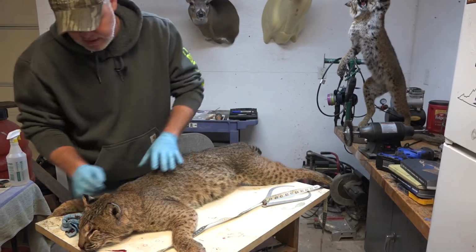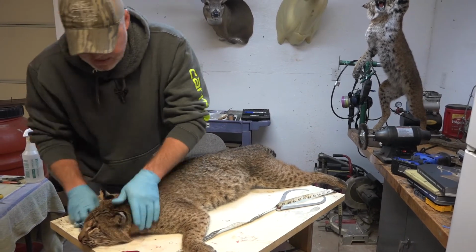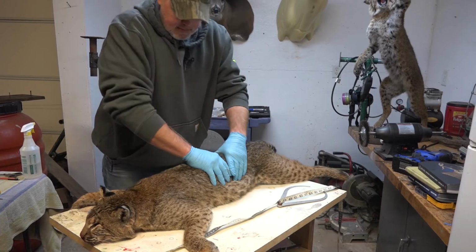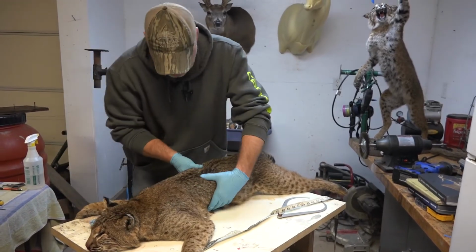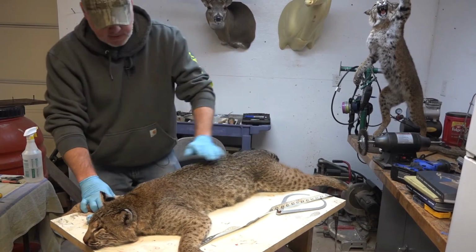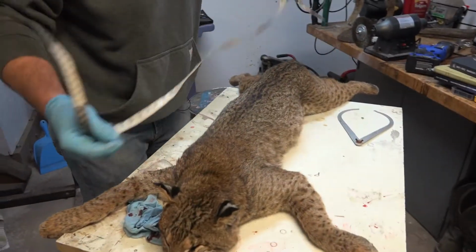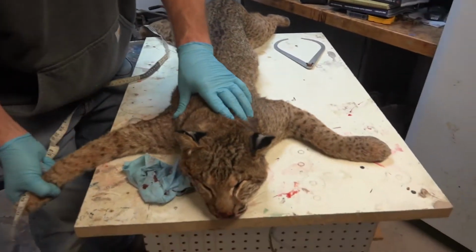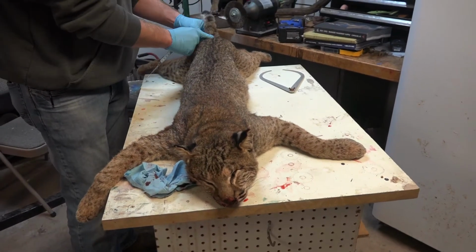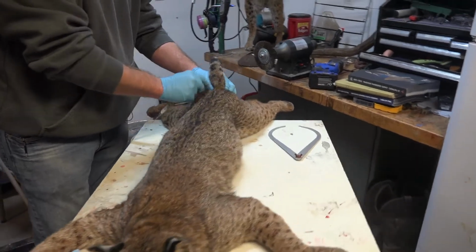Show you this measurement here. Make sure he's good and relaxed, and make sure that spine's nice and not curled up too much. And you're going to want to take, from the tip of the nose, now we're going to go to the base of the tail, right here where the bony part of the tail meets the